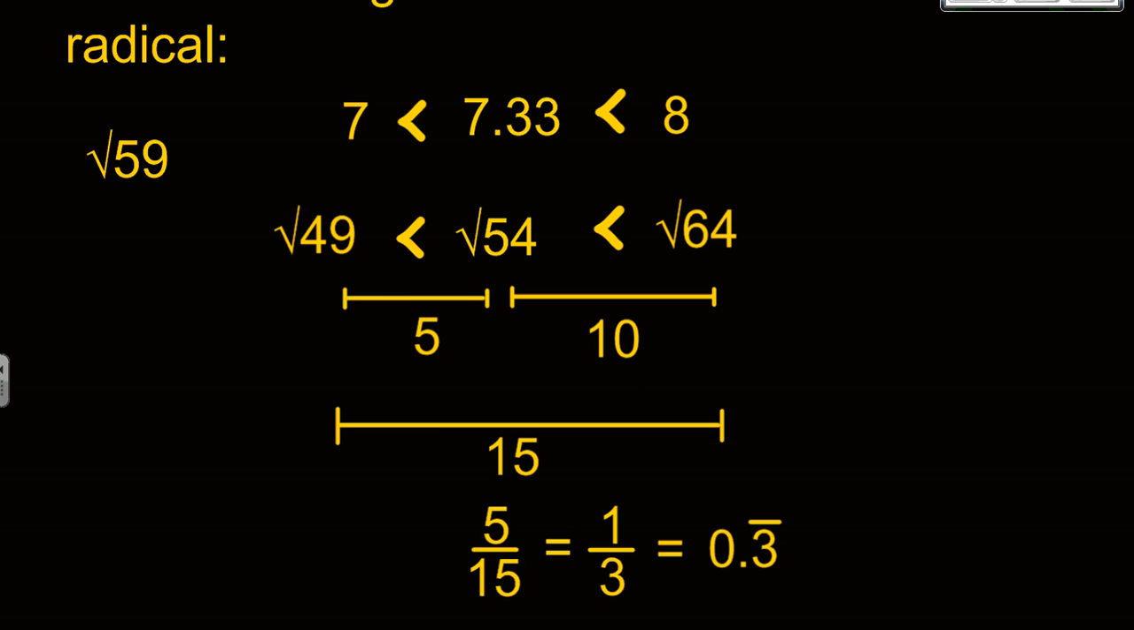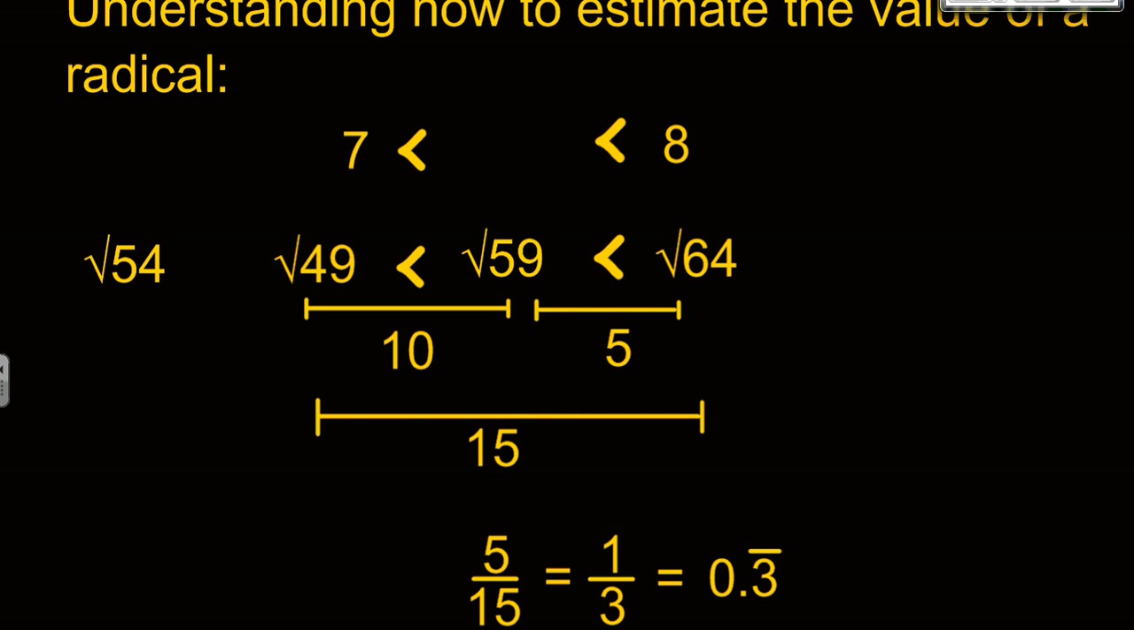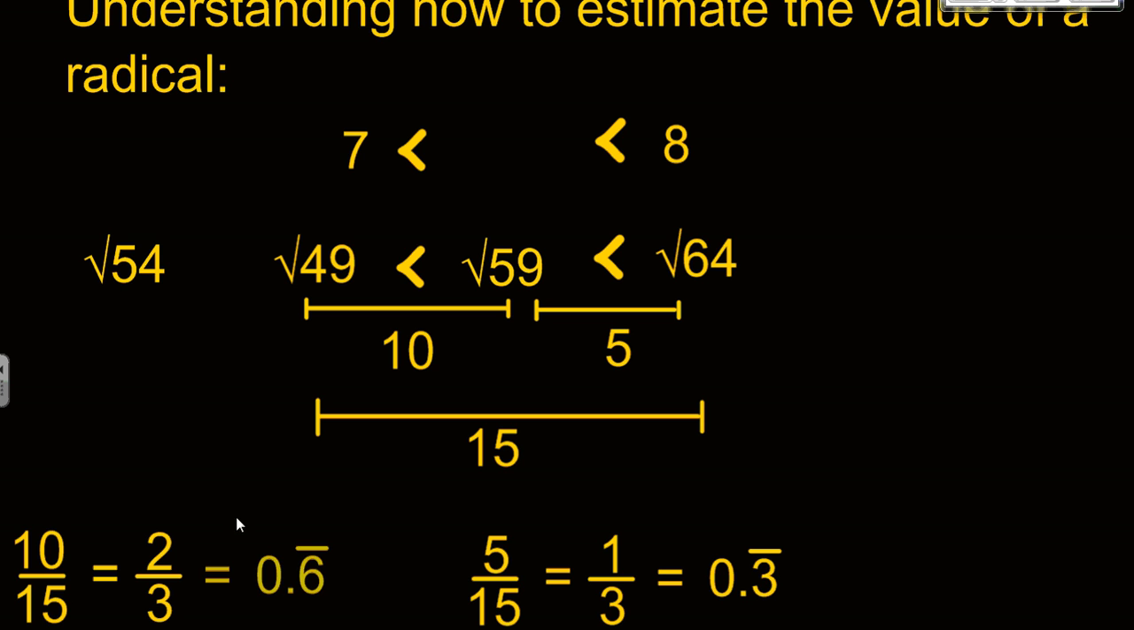Now, what if we did the square root of 59? We're going to try this one now. And you notice when I put the square root of 59 in, it's still going to fall somewhere between 49 and 64. Square root of 49, square root of 64. And this time it's 10 units from the 49. So I'm going to write a little bit different fraction here, 10 over 15. And this simplifies to 2/3, which is equal to 0.6 repeating,